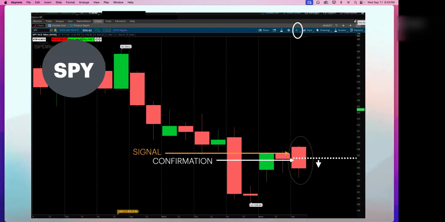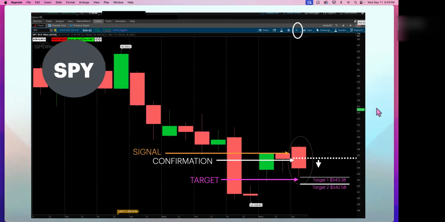In addition to identifying the signal, we have to identify the confirmation for this trade strategy. For the strategy, if price were to open on the next candlestick below 50% of the signal, I would take the trade. In addition, I need to know my targets. For this trade strategy, the first target is the low of the signal here, approximately